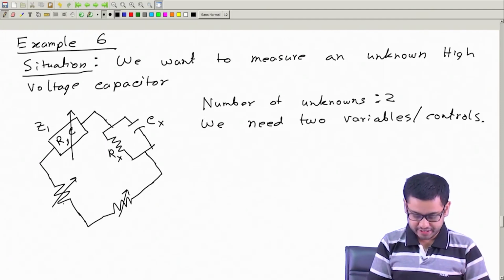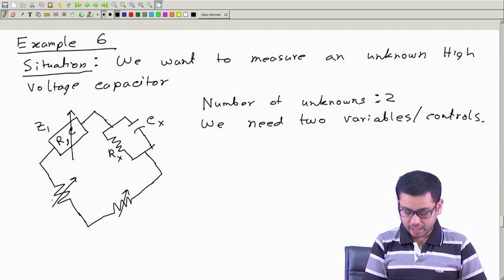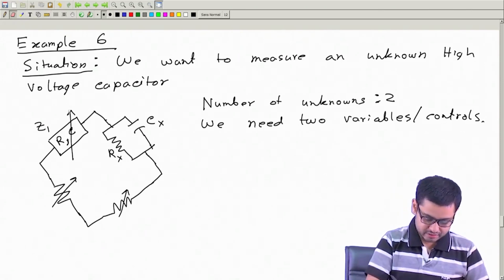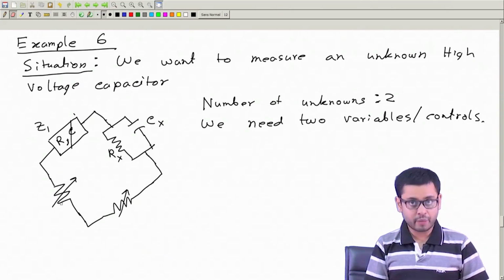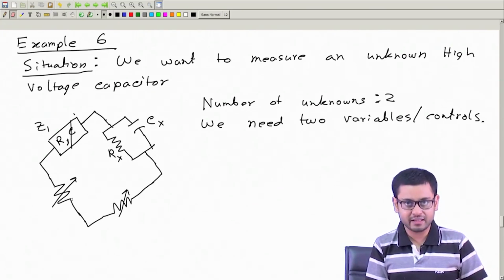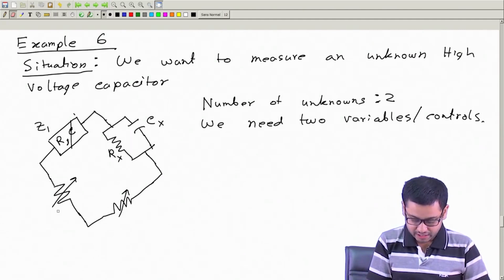because if we choose to vary, for example, only these 2 resistances, then the number of variables is 2. If we just choose to vary these 2 and keep the rest constant, then the number of variables is 2, the number of unknowns is 2, but we cannot possibly get a balance, because we won't be able to change the phase angle relationship, because this angle, or call it theta